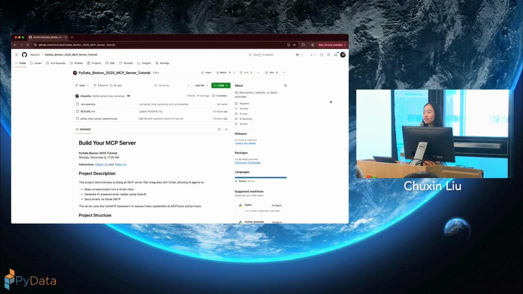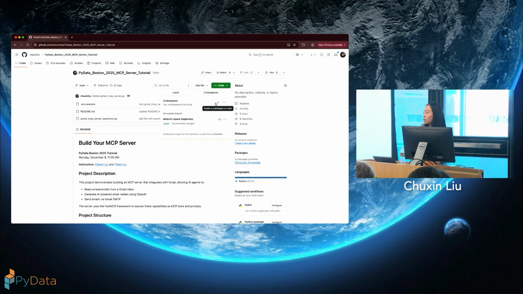All right, let's get started. Let's do Codespaces. Click on this green button, Code. I believe you might need to log into your GitHub before you can use this. There are many options.